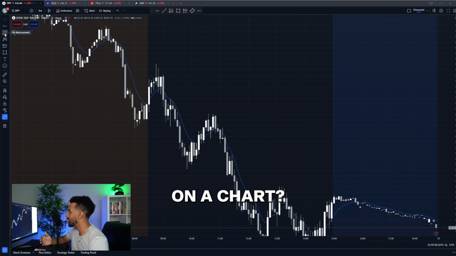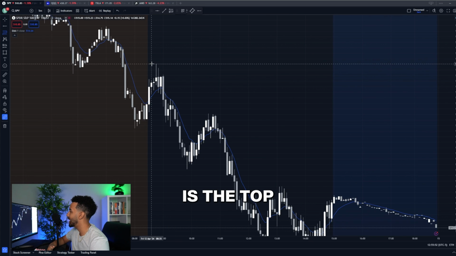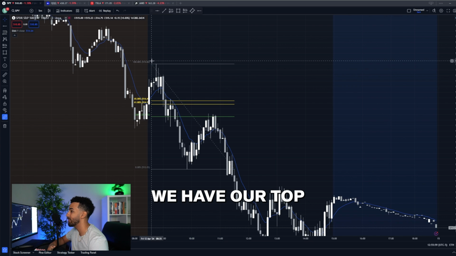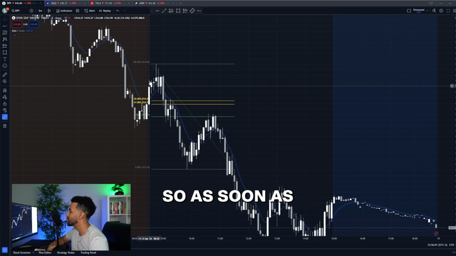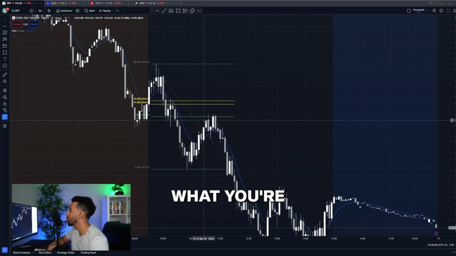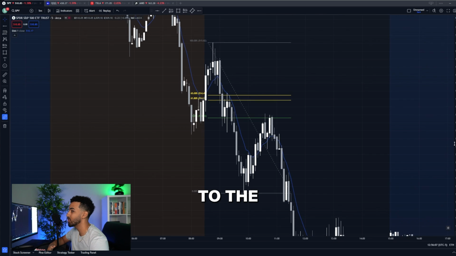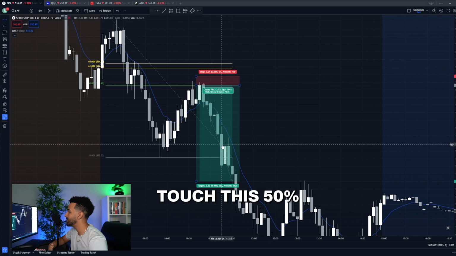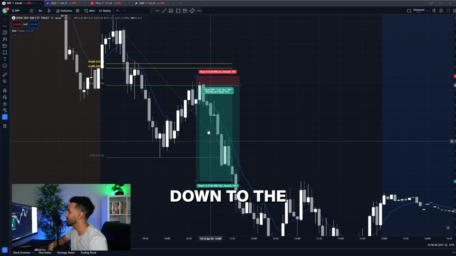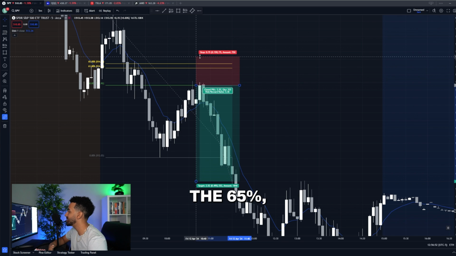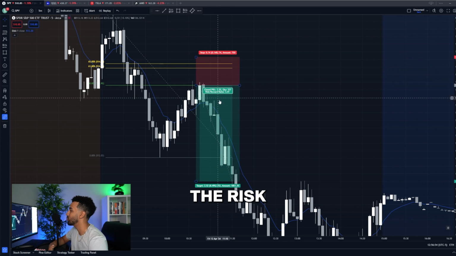So what does this look like on a chart? What you're looking for is the top of a trend to the bottom of a trend. As you can see right here, we have our top and we have our bottom. So as soon as you get up to that 50% retracement area, what you're looking for is a reversal to the opposite direction. You enter the position to the downside as soon as you touch this 50% and you set your target down to the next low. Your stop loss will either go above the 50% or above the 65%,